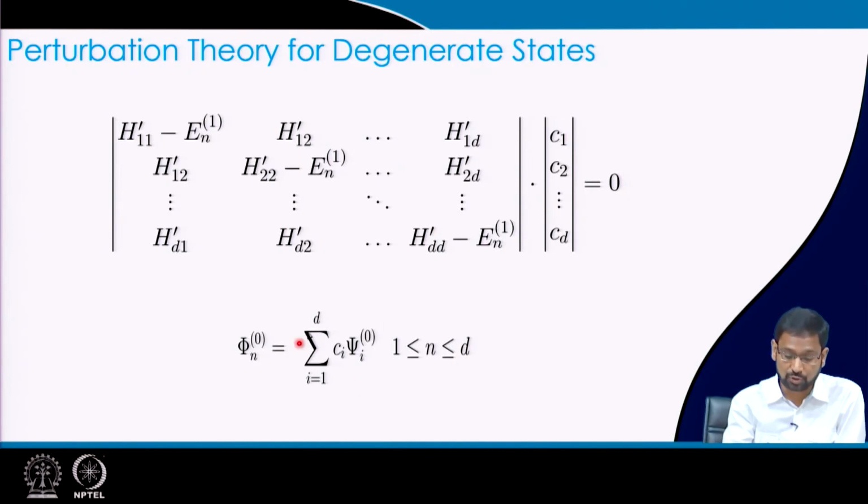I would use those coefficients to construct the phi n0. Mind you, what is phi n0? Phi n0 is still the unperturbed eigenfunction, but now phi n0 is defined as a linear combination of these degenerate eigenfunctions. But this is not any linear combination, but rather a particular linear combination that comes out of this